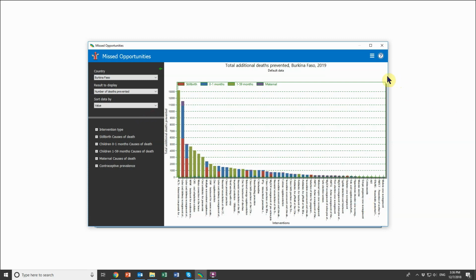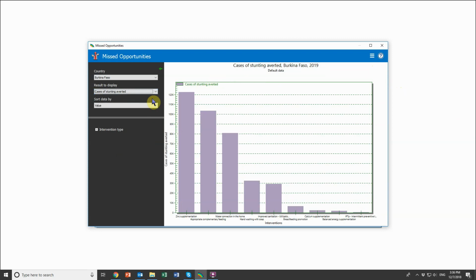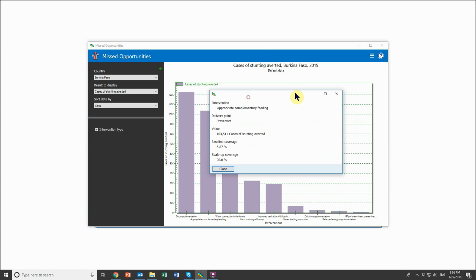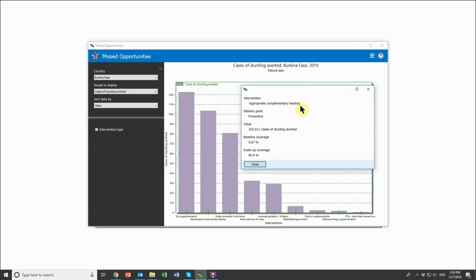So far, we've only been talking about lives that could have been saved, but missed opportunities actually has a second functionality. We can also look at the cases of stunting averted. For our nutrition outcomes, this would be the focus, and it works in exactly the same way. If we open any of these bars, we can see the name of our intervention, where it's being delivered, the number of cases of stunting rather than mortality that are averted,